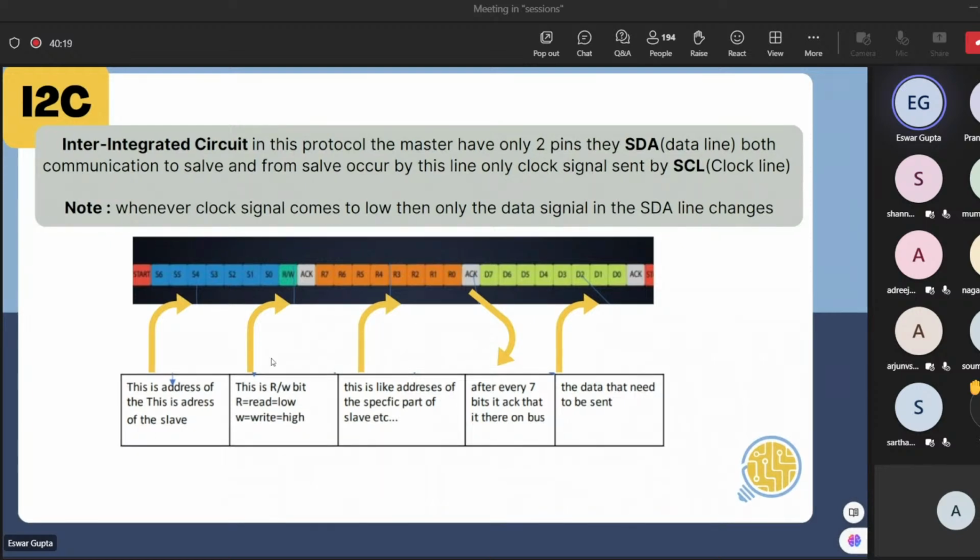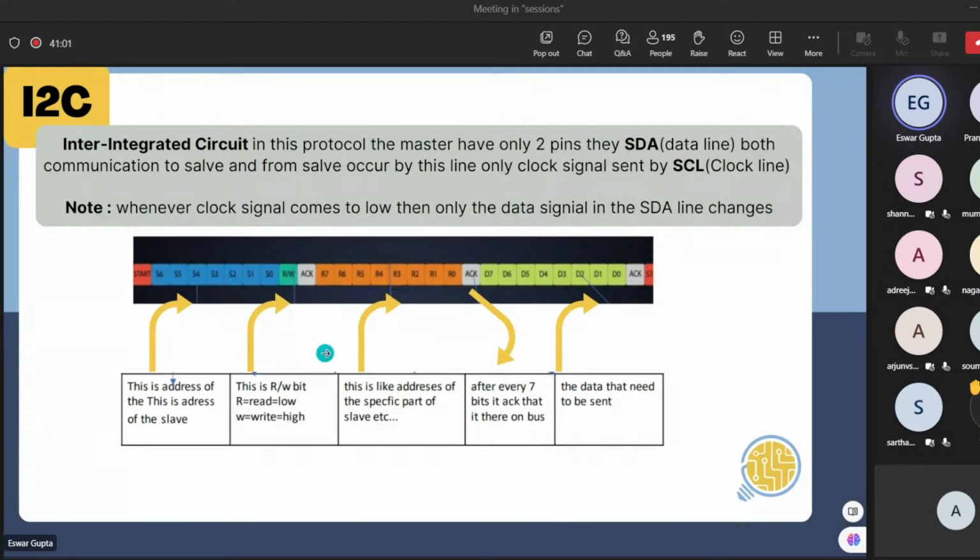So now we no need to have different chip select lines. The address itself will validate which slave needs to respond. After validation, here it has only a single line, for sending data from master to slave or receiving data from slave to master. If it has only a single line, how will it decide? Sometimes the master needs to send data, that is, it needs to send a command: hey, you record the voice. Sometimes it needs to receive data, like it needs to tell the slave, you have recorded the voice, right? Send the voice back to me, I will pre-process that. So here comes the read and write bit.